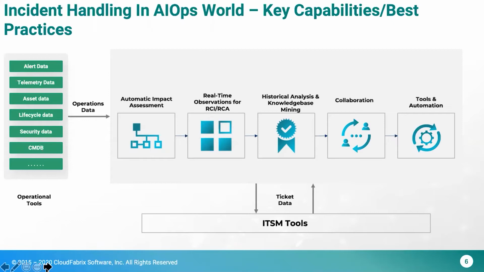The other thing is, I should be able to quickly get to RCA or CA. That means I need to be able to look at all the operation data that are available for all the possible impacted elements, and analyze that automatically and come up with the root cause info. And we'll get into each of them in detail in the subsequent slides as well as in the demo.